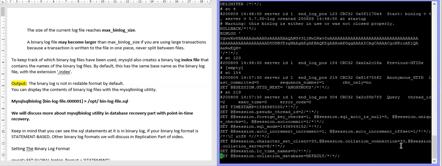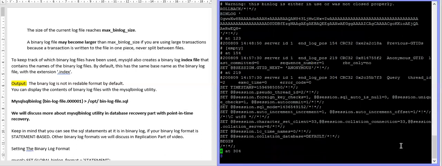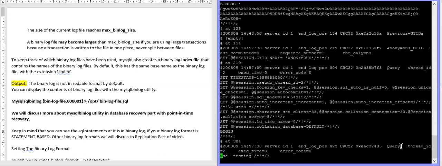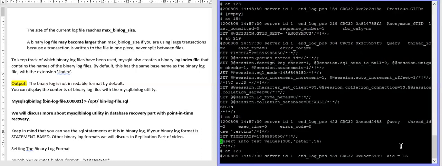We'll discuss all this information in the point in time recovery video. Yes, you can see here the changes made to your binary log. This time the change is an insert. Any changes like update, insert, delete, whatever changes are made to your database, it will log into your binary log.